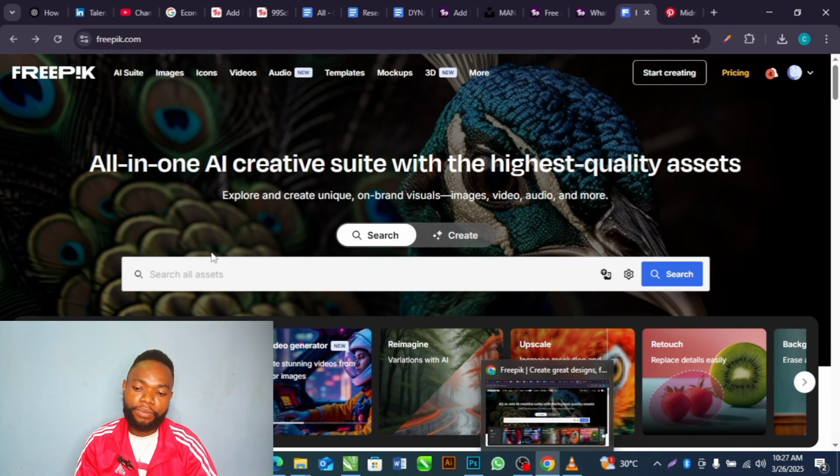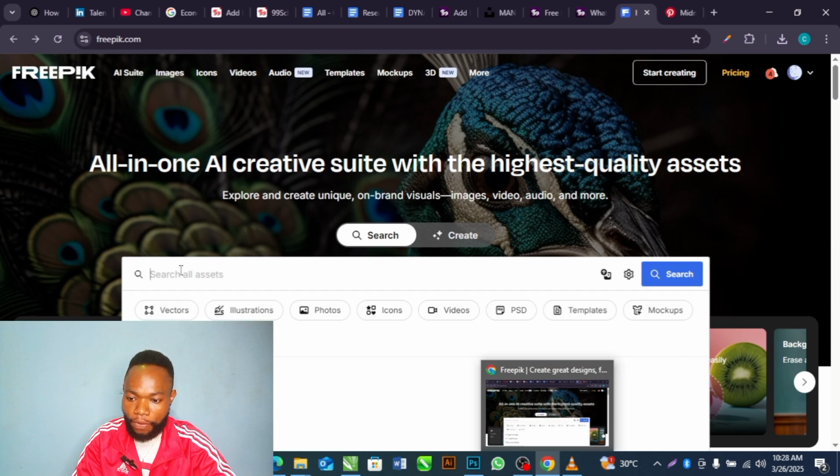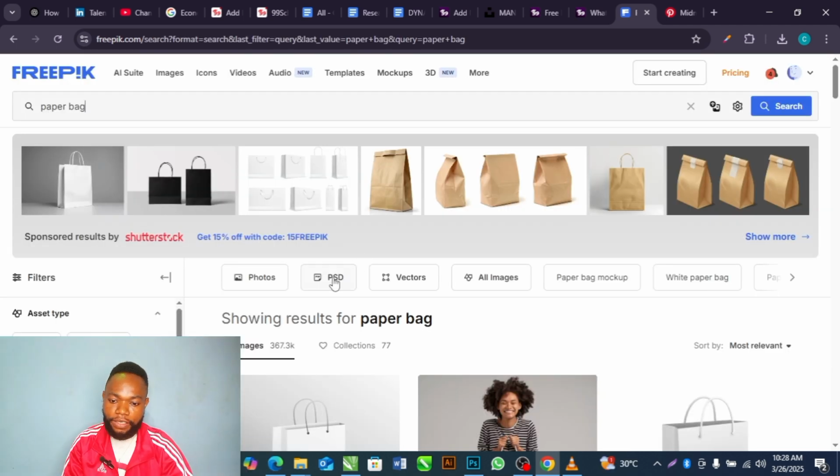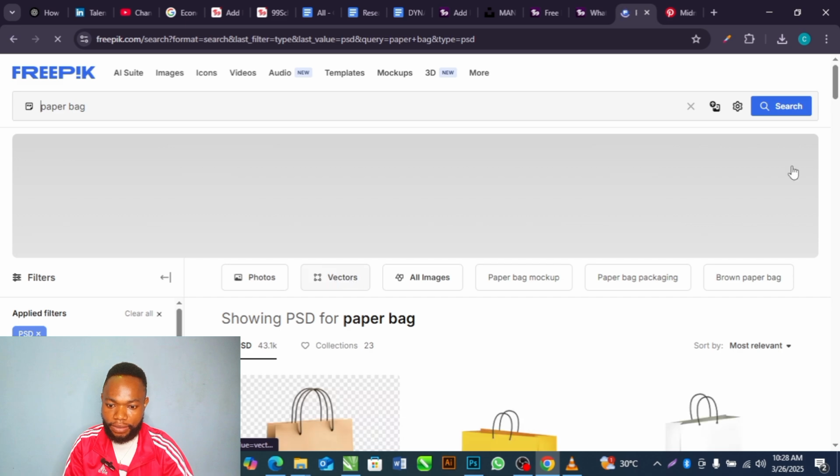Go to freepik.com. I will leave the link in the description below. After opening the website, search for the kind of mockup you want to create. For instance, I want to create a paperback mockup. After searching for the paperback mockup, select PSD,